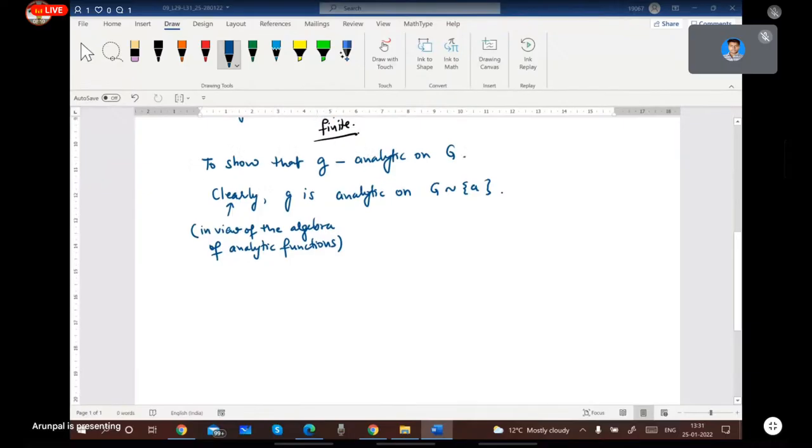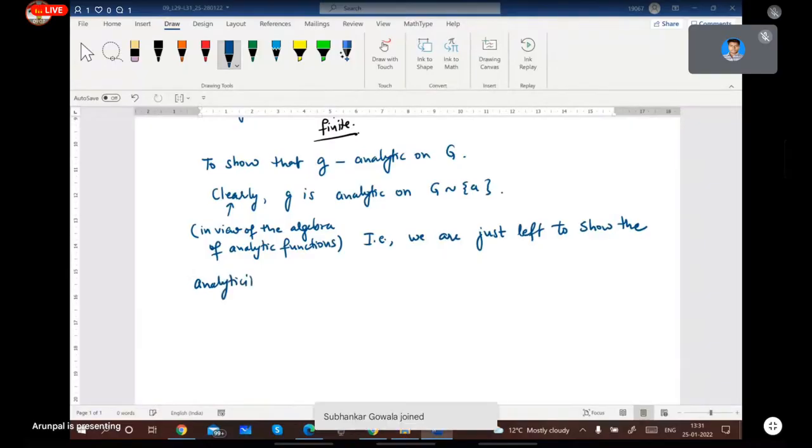Okay. So finally, we are just left to show the analyticity of g at a. So once we have shown that g is analytic, sorry,